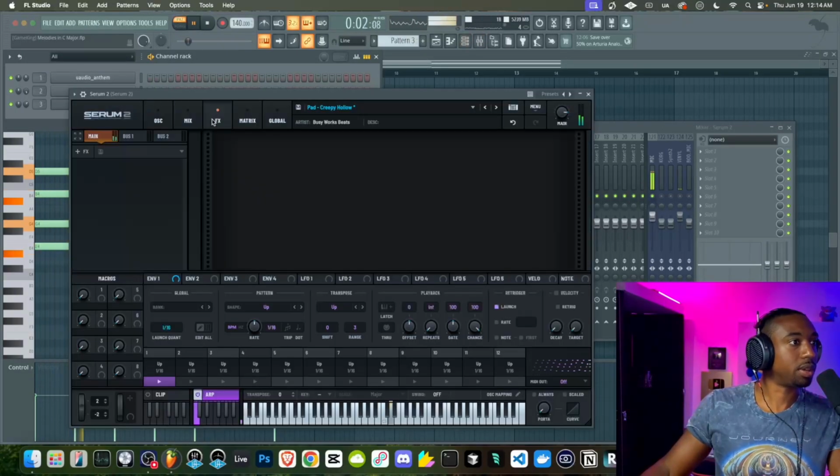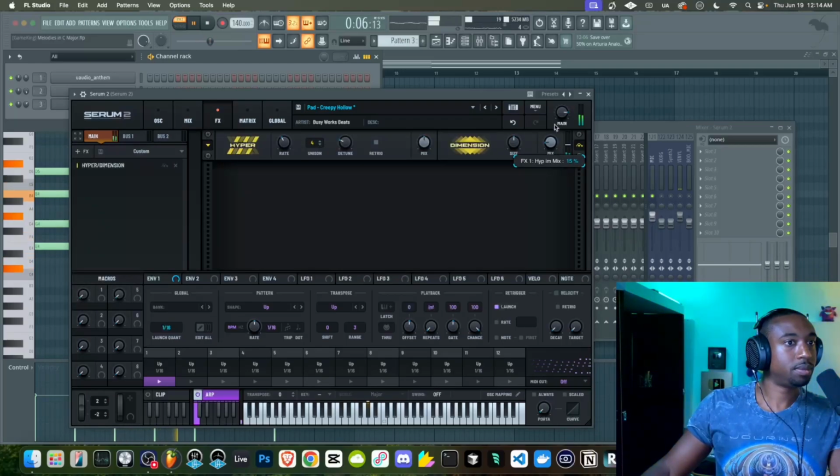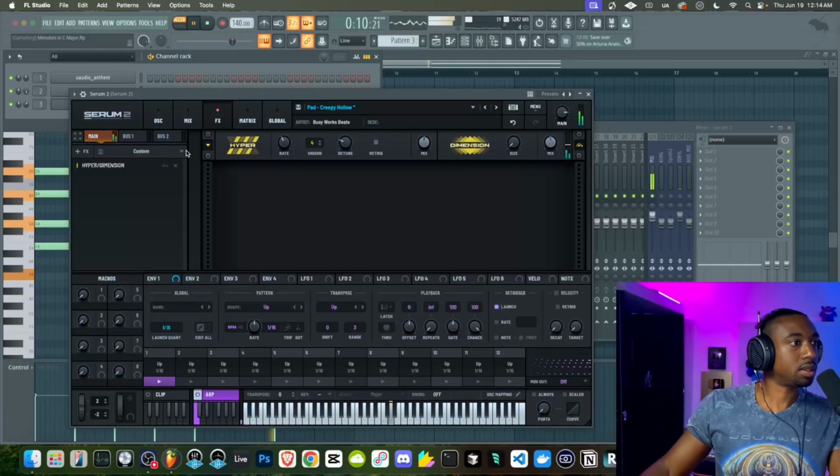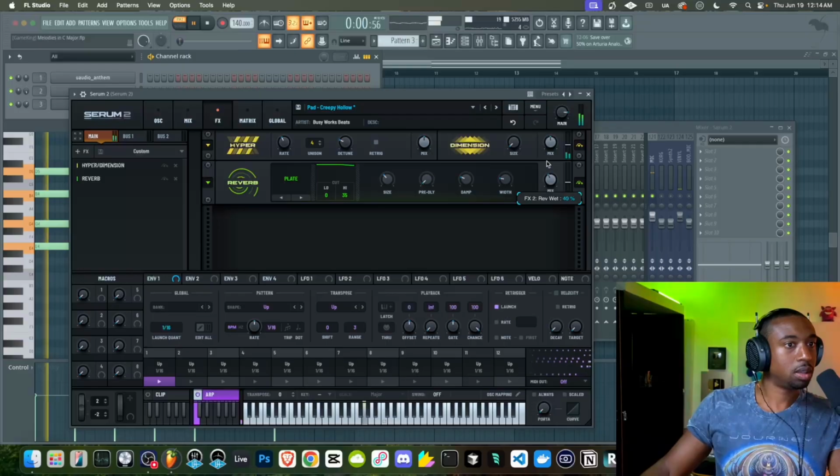So now let's just add some effects. Okay, let's get a little weird with Serum. Let's add some reverb. Let's make it mono.